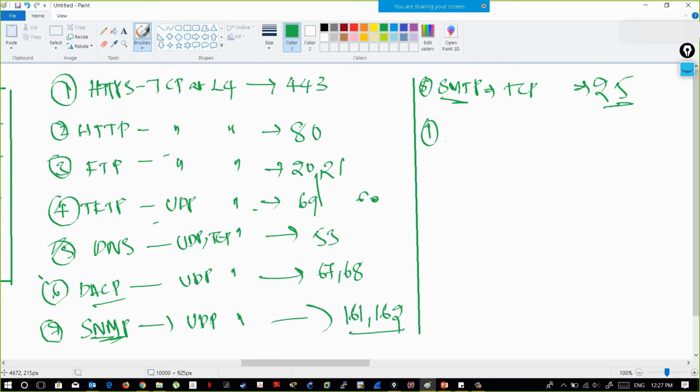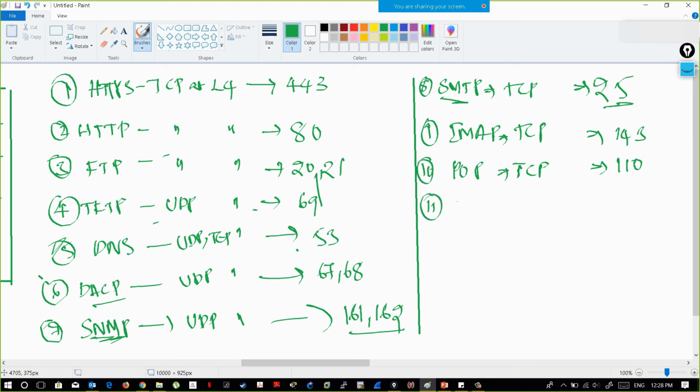For IMAP and POP, no one will ask you in depth what these are; just have an idea. If you want to read in depth, you need to go for higher certifications. IMAP has port 143, and the tenth one will be POP. POP also uses TCP and has port number 110. Done. Now the eleventh one will be